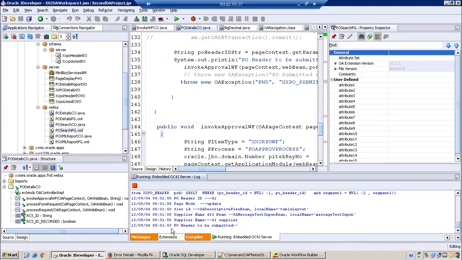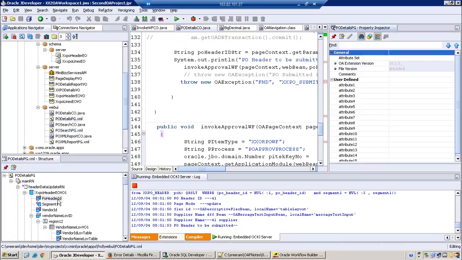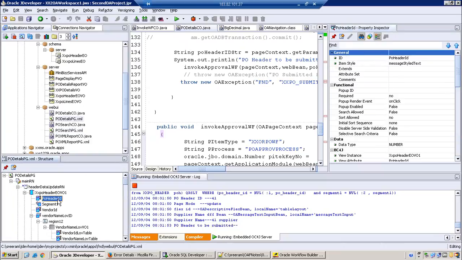See here it is showing null. Can you see PO header ID to be submitted? It says null. That's the issue. Okay, so there is some issue here itself. So we are in the header update region.